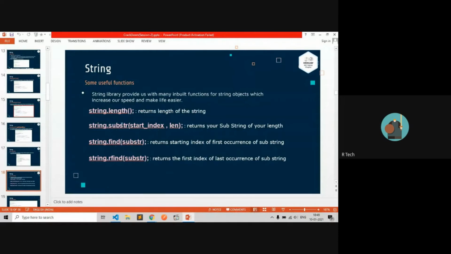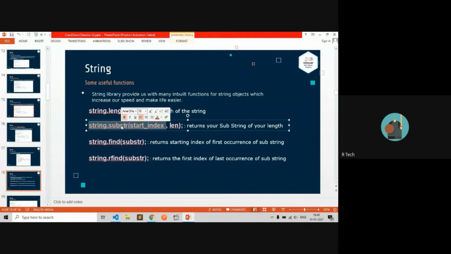The substr function is used for breaking a whole line. If you want to take only the first 10 characters, the starting index is 0 and the length you want is 10.